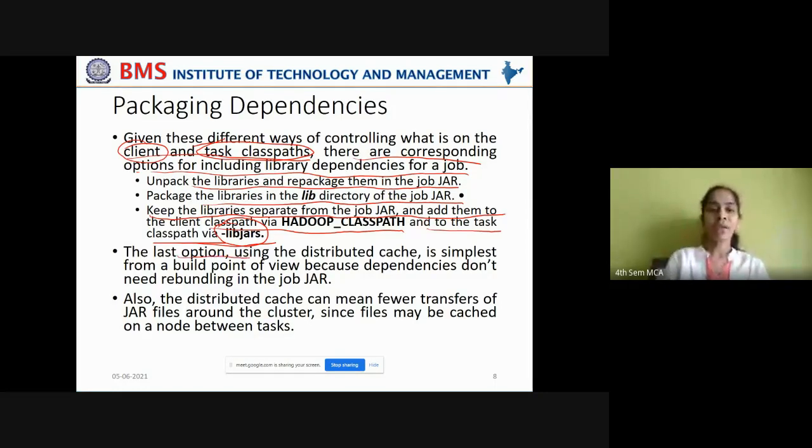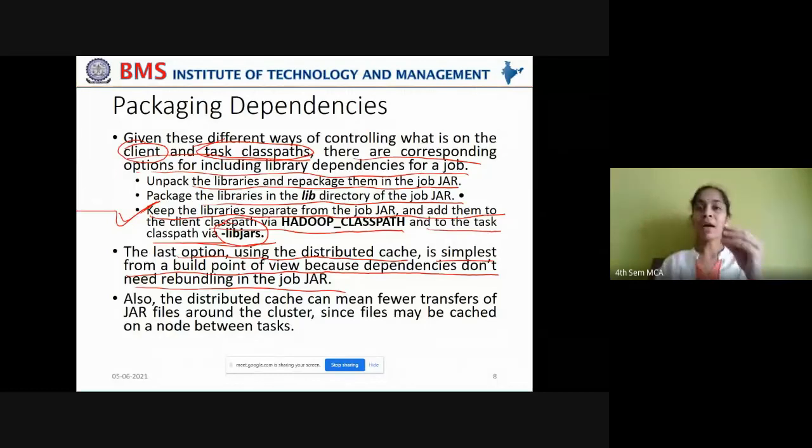Now, the last option, using the distributed cache, is simplest from a build point of view because dependencies don't need rebundling in the job jar. Once a Java archive file is created, if it is stored in a distributed cache, then it is not required to repeatedly rebundle all the classes into a Java archive file each time a job is called.